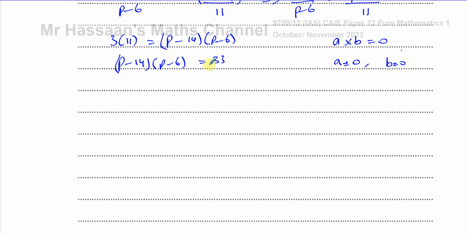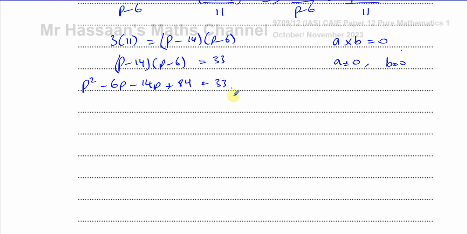minus 14 equals 33 or P minus 6 equals 33. No, what we have to do is we have to expand, we have to make it equal 0, then we have to factorize, and then we can use the zero product property. So we have to expand this first. We're going to have P squared minus 6P minus 14P plus 6 times 14, that's 60, plus 24, that's 84,